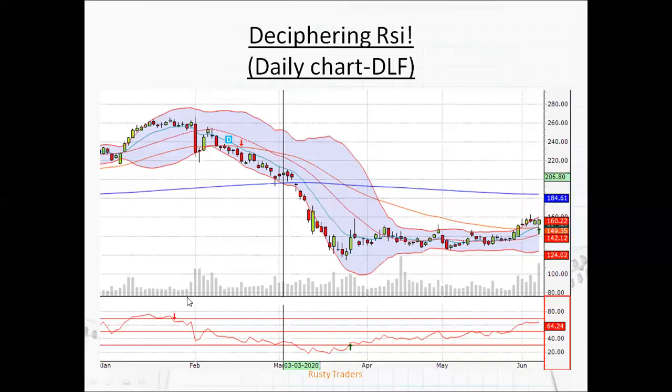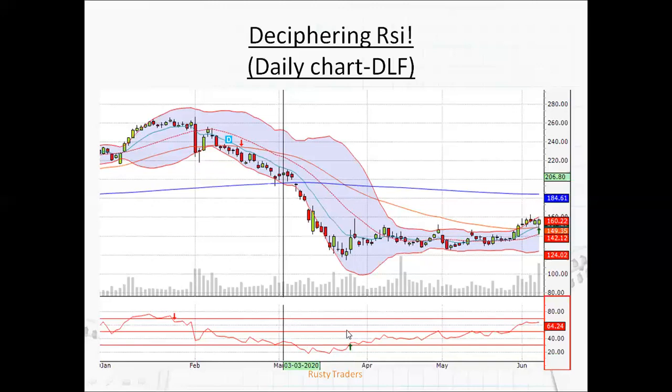So you initiate a short once it retraces below 70, and I would close my trades at 30. Mind you, I would not open a new position at 30. I would allow it to go down, and then once it retraces, I would enter my buy position. If you would have entered at around the 180 level, you see the drop that you witness, around 124, another 60 points, around 33% gone on DLF. So you do not enter it there. You wait for it to retrace above 30, and that is when you enter a new buy position.